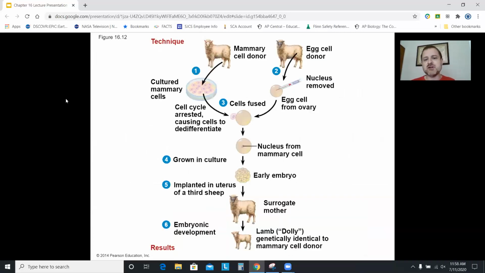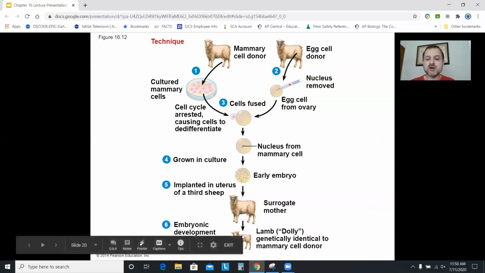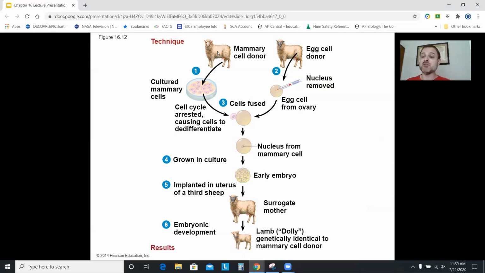The researchers that cloned Dolly took the donor egg from a different sheep. The donor nucleus came from a mammary cell from a different sheep. So when Dolly was cloned, she was genetically identical to the sheep that gave the donor nucleus, which was from a mammary gland. And actually,